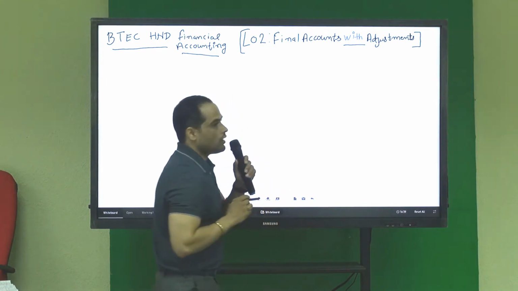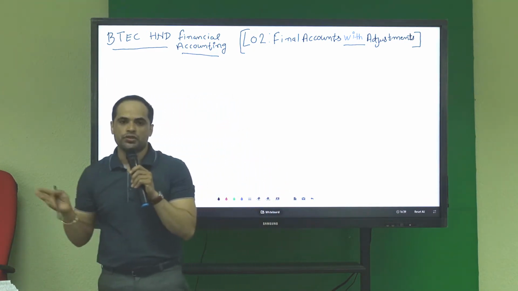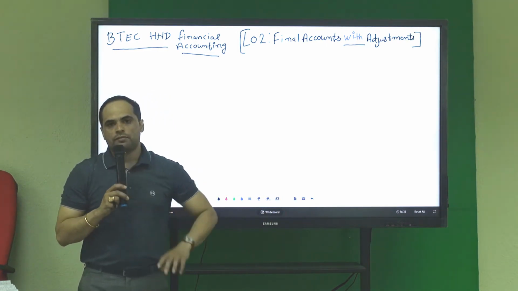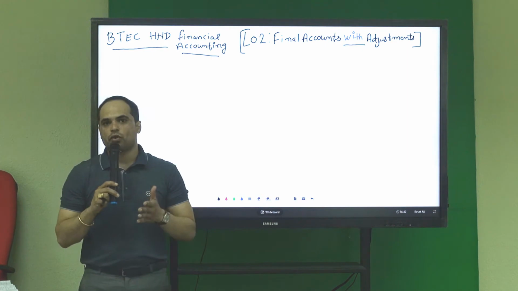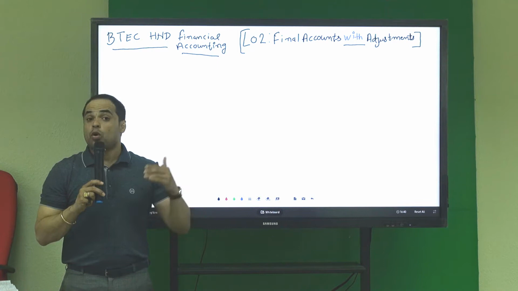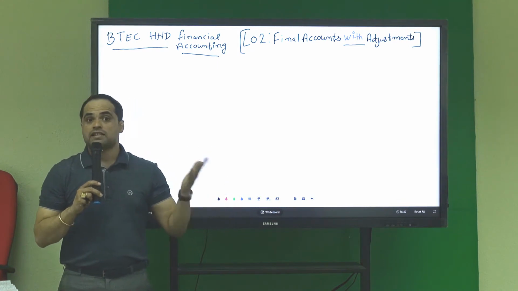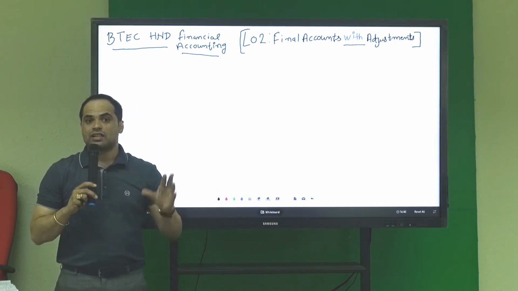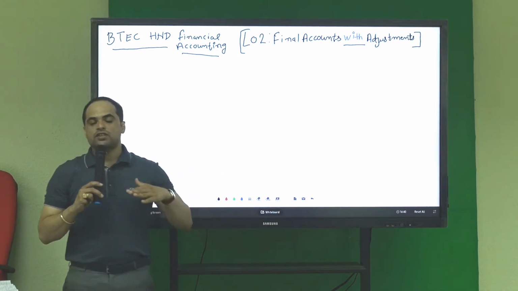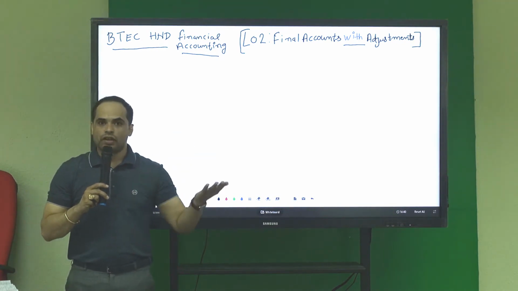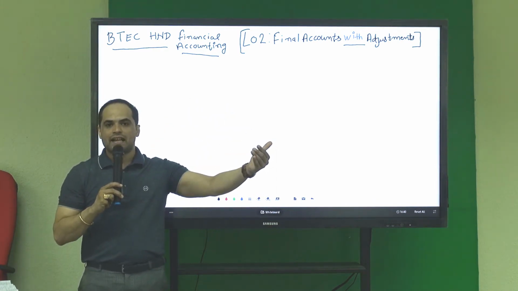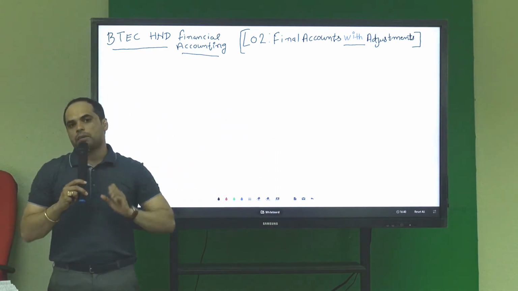That's also your learning outcome, as I mentioned in the first video. In your learning outcome 2 you have two tasks, task 3 and task 4. Task 3 is about all the adjustments, and task 4 is completing final accounts with adjustments. So you're going to explain the treatment of each adjustment in task 3, and in task 4, following those adjustments and the trial balance, you're going to complete your